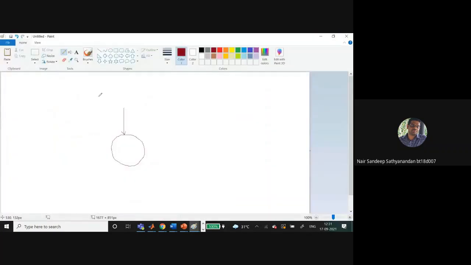Next, let us connect some dendrites to it. In order to connect, we have to define some port in that particular soma. So let us call this as 0 and this as 1. Here the number of dendrites that we need to connect, we can see.